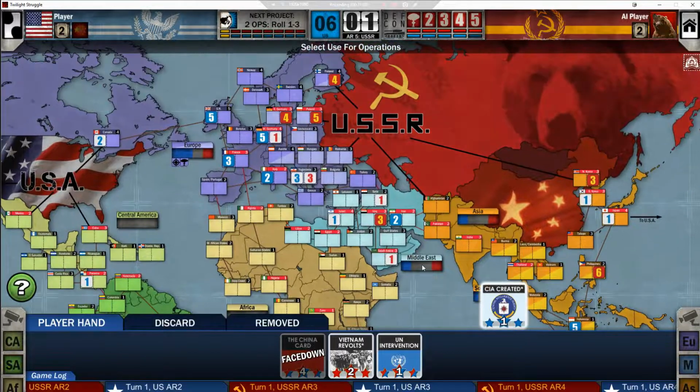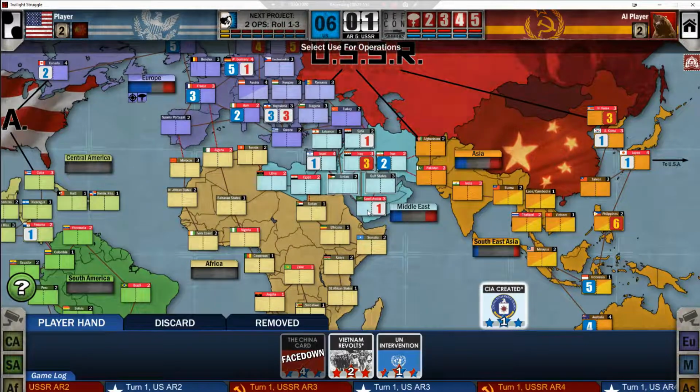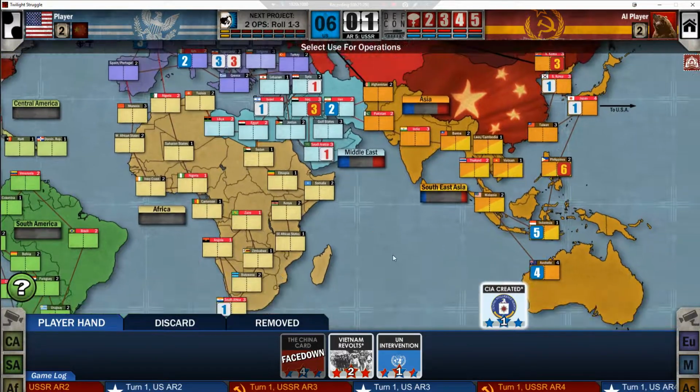Just as a matter of course, I kind of like punching. Okay, I've got no way in here without a coup. Can't get into Saudi Arabia. I could drop some influence in Jordan just to give me a way to play in here. Or